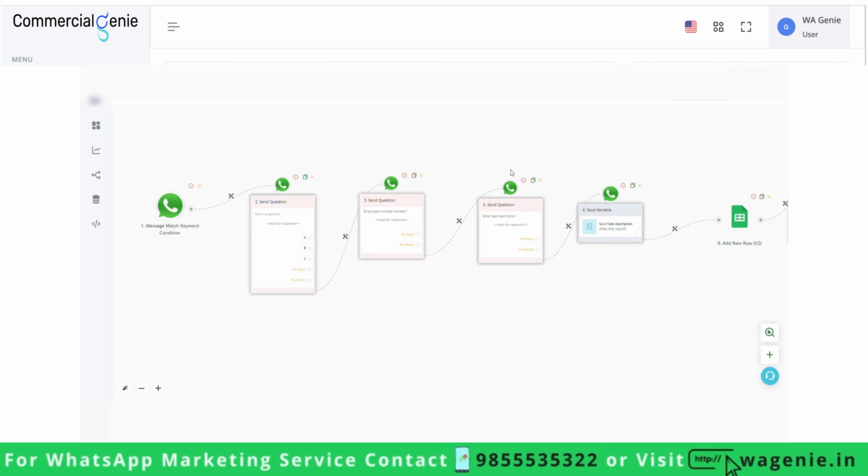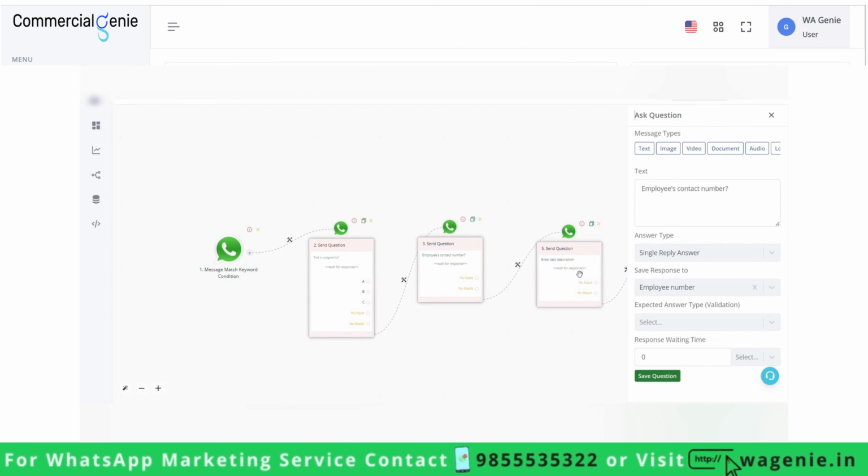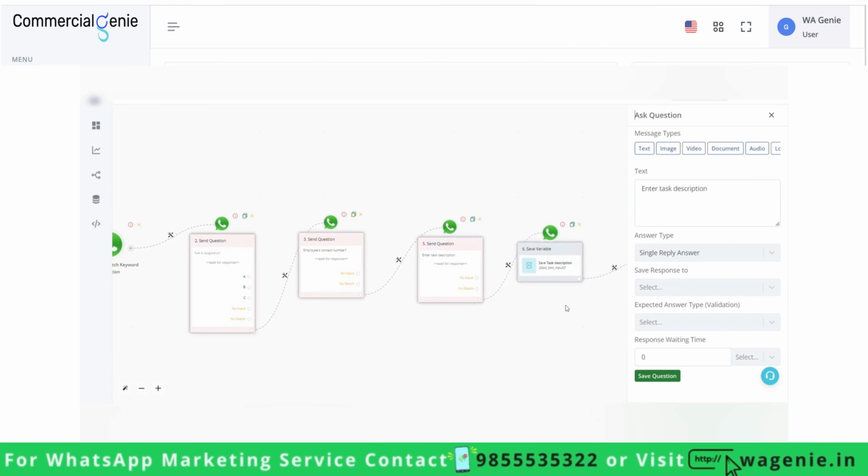How to use button payloads. So here is a basic bot flow again. Here I have added a question, task assigned to employee's contact number, and I'm taking the task description and saving all